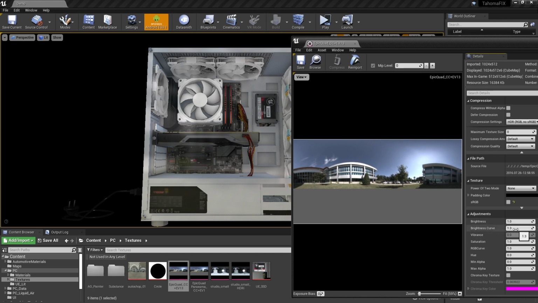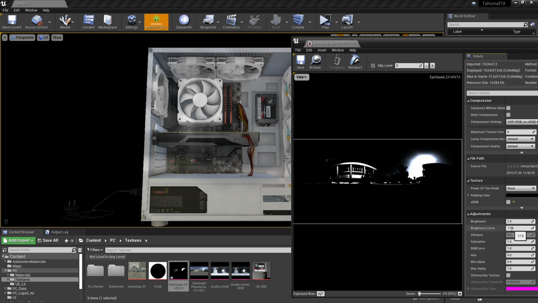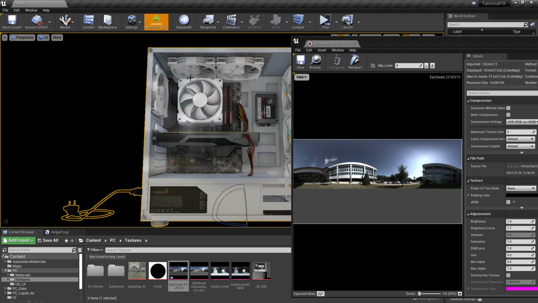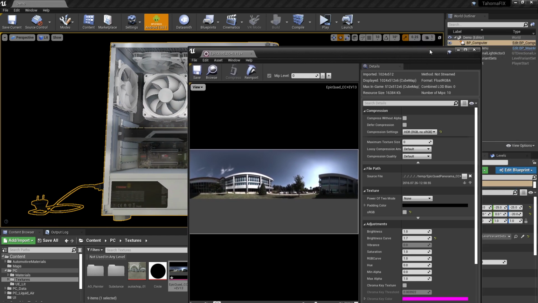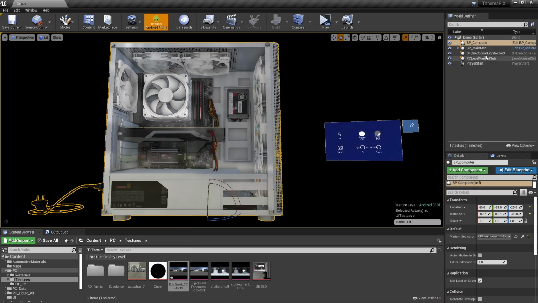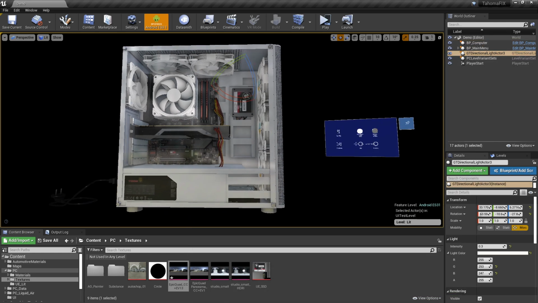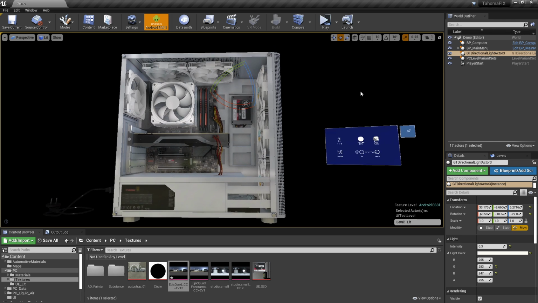Brightness curve is basically a power, right? So if we put this to something like 1.7, oops, not 17, that's going to be crazy. We don't want that. We want 1.7. You're going to see that it gets a little bit more poppy, a little bit more contrast inside of there, and that starts to look a little bit better. Now, the other thing I'm going to do is go back into the light. There's a directional light that is tied into that GT default lit material.